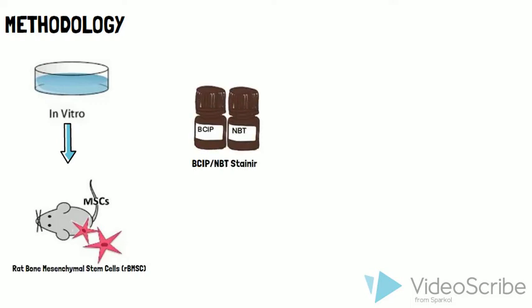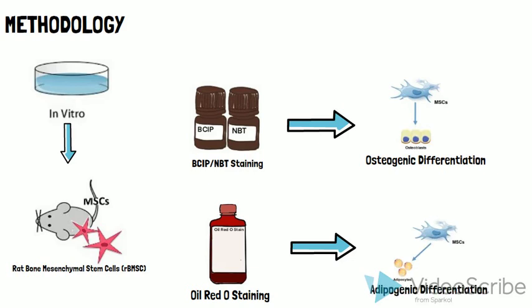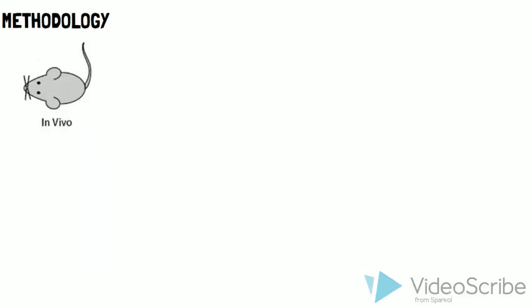BCIP/NBT staining was then used to evaluate the effect of serum amyloid A on osteogenic differentiation in these rat bone mesenchymal stem cells, and oil red O staining was used to detect the effect of serum amyloid A on adipogenic differentiation. In an in vivo experiment, 15 12-week-old rats were obtained to test the ability of serum amyloid A affecting